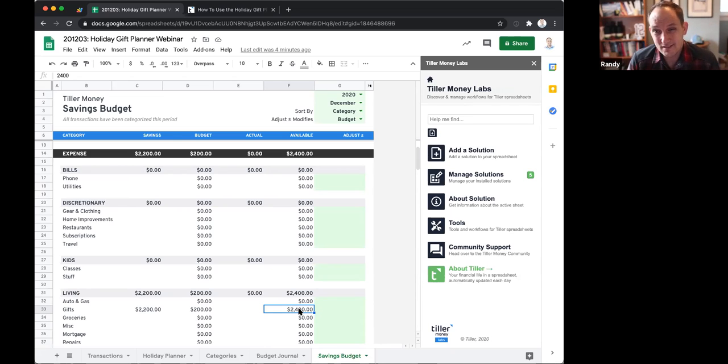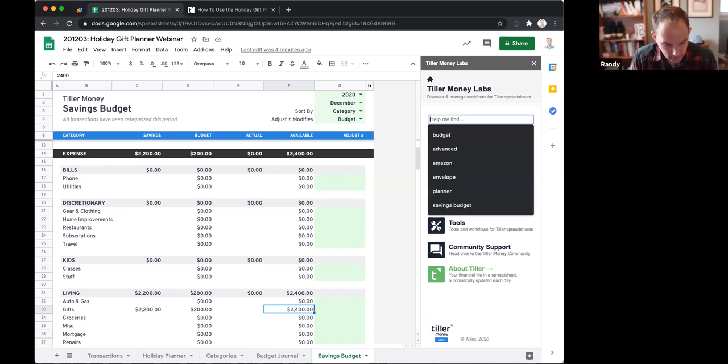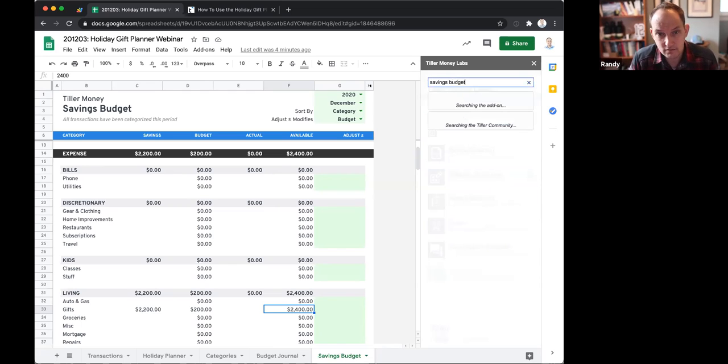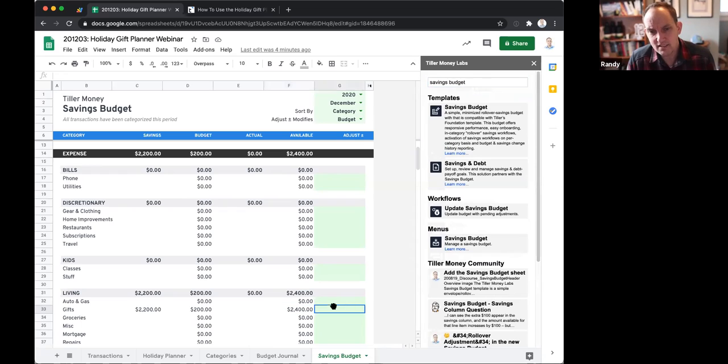But this is an update that's more consistent with the templates that we're developing now. There are workflows built into the Tiller Money Labs add-on, so you don't have to run another add-on. If you go here, instead of typing a change directly, let's just say I want to move $400 from here into groceries. In this sheet, you leave these changes here, and when you're ready to bump them over,